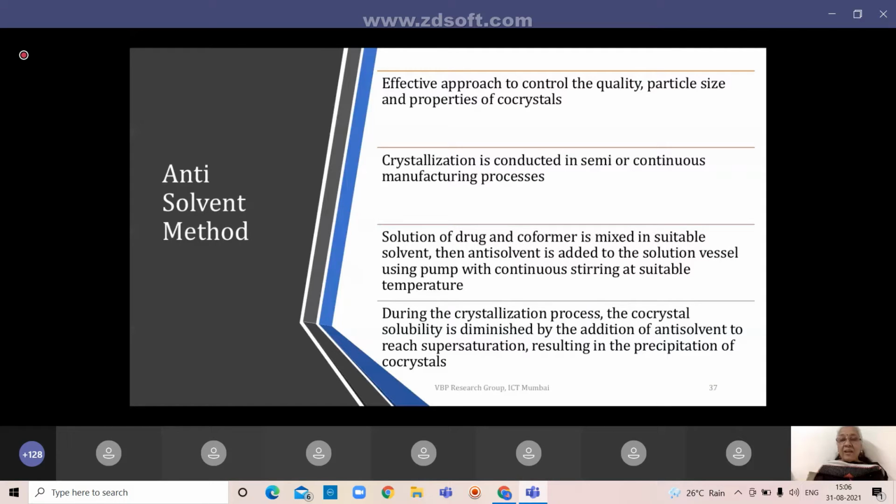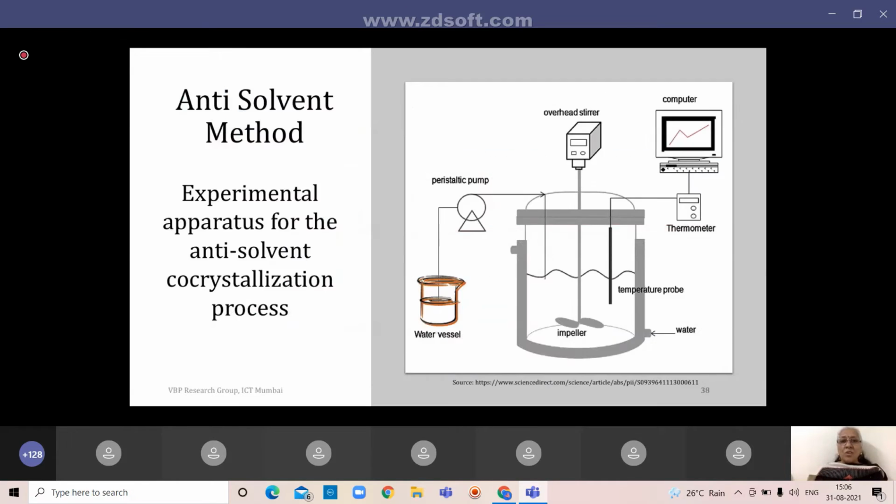In the anti-solvent method, a solution of drug and coformer is mixed, and then you add the anti-solvent. It can be added using a pump, using a continuous stirred tank, as is shown in this particular slide, right? So you can have an impeller. Here you have dissolved your API and coformer in a solvent, and then you are putting in an anti-solvent. The anti-solvent has to be pumped in at a specific rate so that you get the desired shape and size of these particles. And as I mentioned earlier, instead of using this, we can use supercritical carbon dioxide to pump in as a